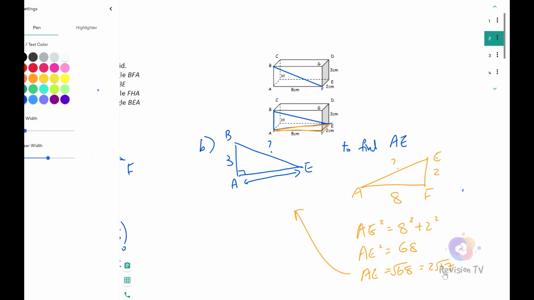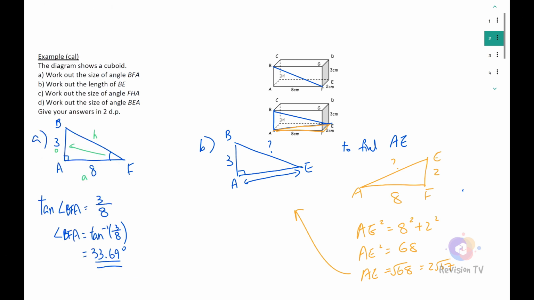Therefore, we can use 3 squared plus AE squared, 2 root 17 squared, equals BE squared. So 3 squared is 9 plus 2 root 17 squared, that will be 68, equals BE squared. So BE is going to be square root of 77, which is 8.77